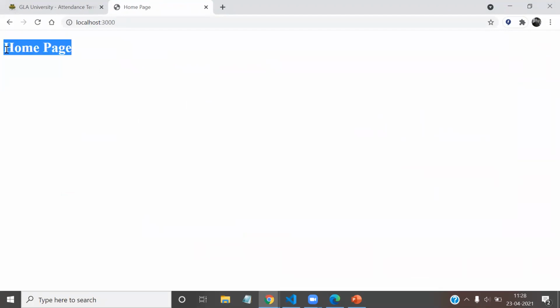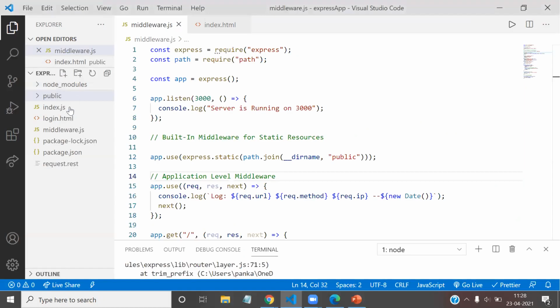Now I also want to add some static CSS with this page. So how can we do this? We can do this with the help of the public folder. We are going to create a new folder and name it css. I'm also adding some images here, so I am also going to create a new folder for the images as well.